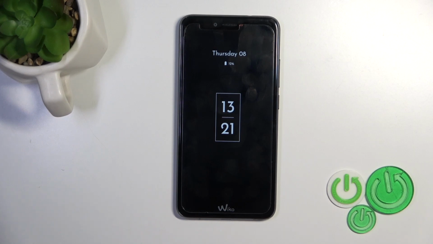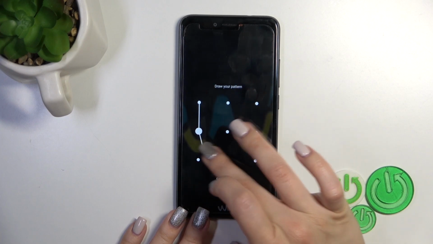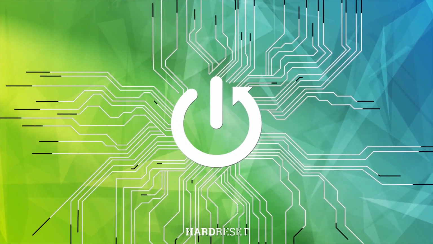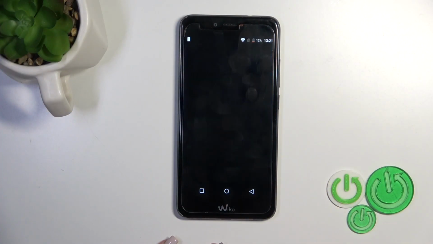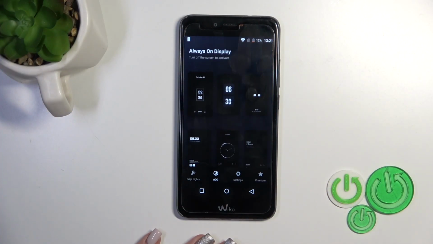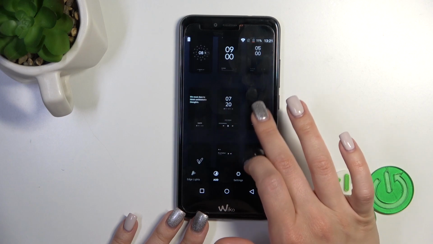Hi, this is the WIKO U Pulse and I'll show you how to customize Always On Display option on this device. So let's first open the Always On Display option, the Muviz application, and here on AOD section, just select one